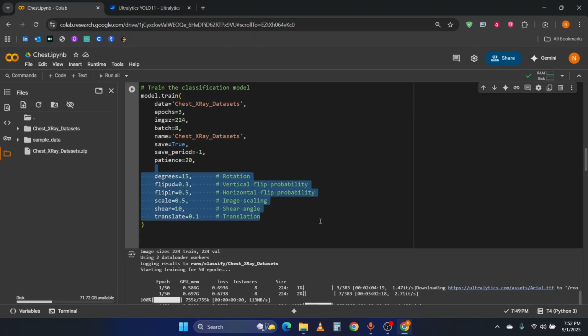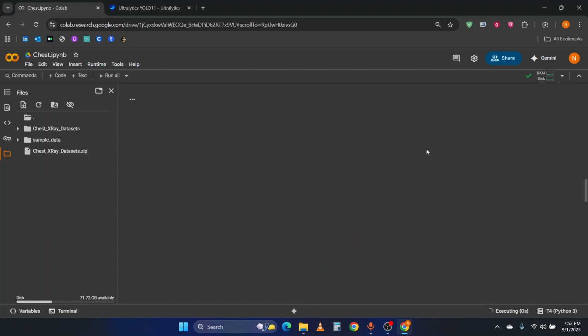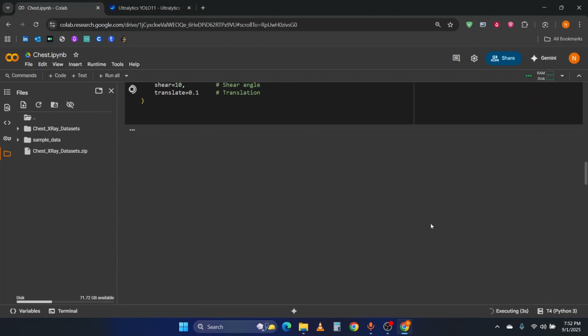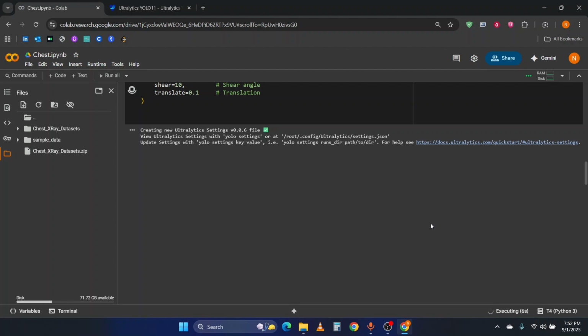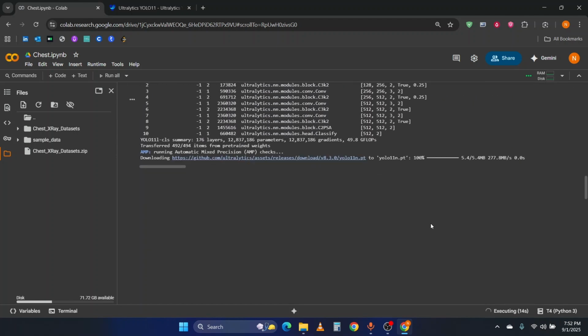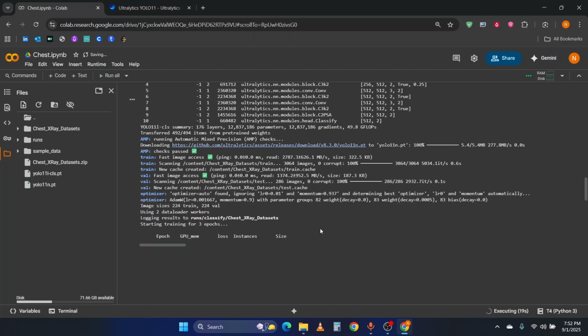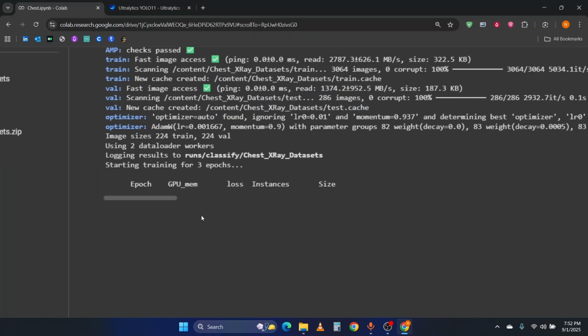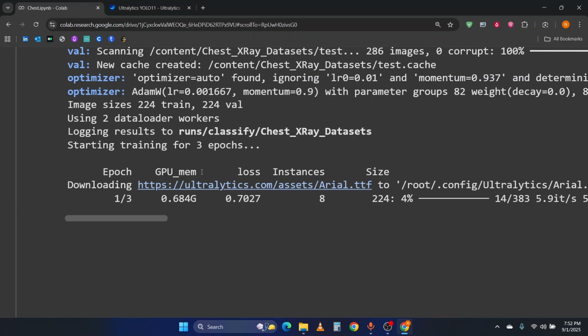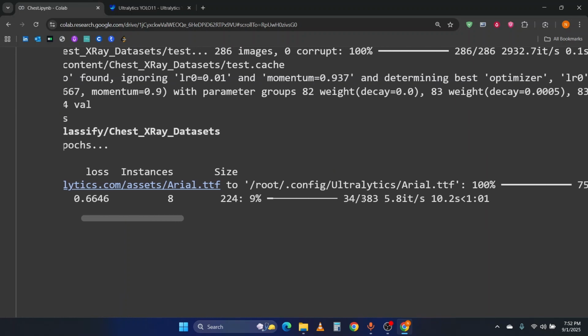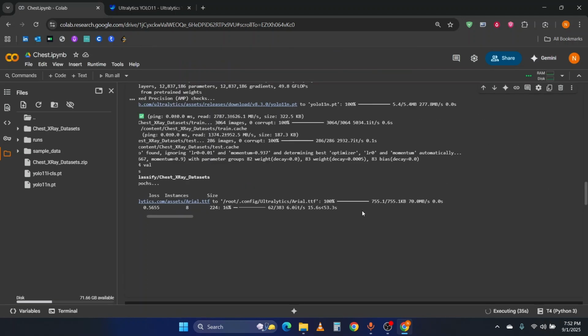Here I added the data augmentation. Now let me run the cells. You can see training gets started. You can see the run folder is automatically created. See, our training gets started. Here you can see GPU mem, which is the GPU memory required during training. Loss is the classification loss, and here 383 is basically the batch size, in which every batch contains 8